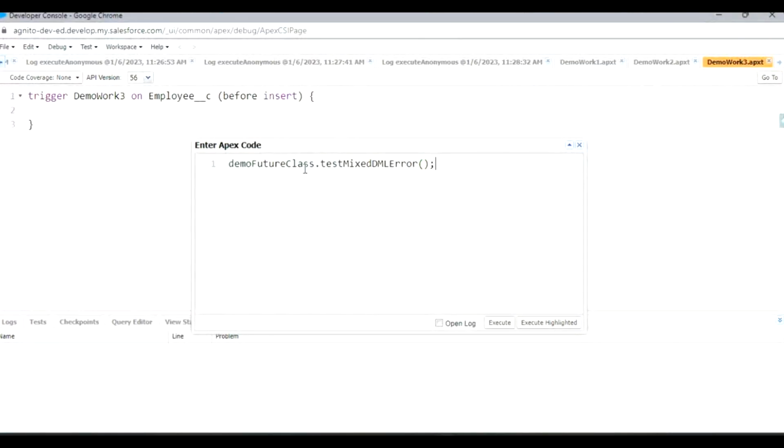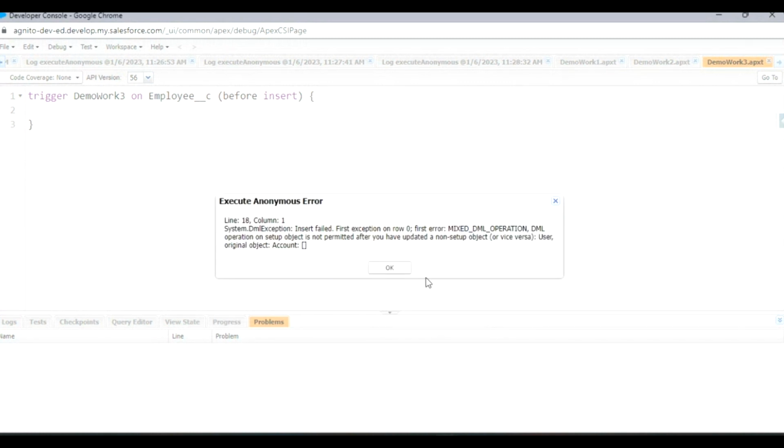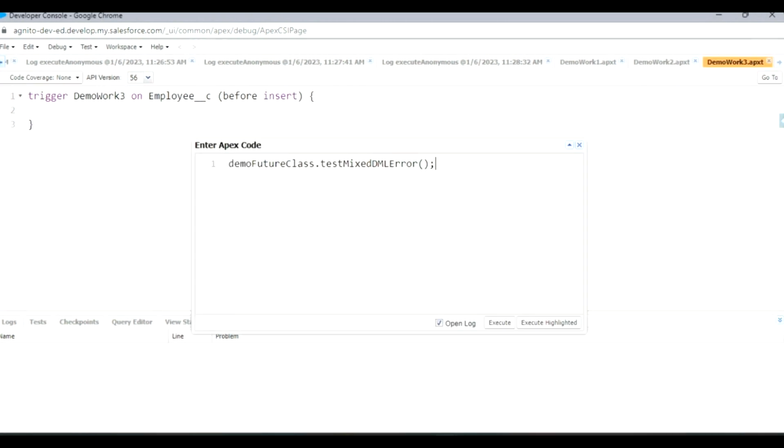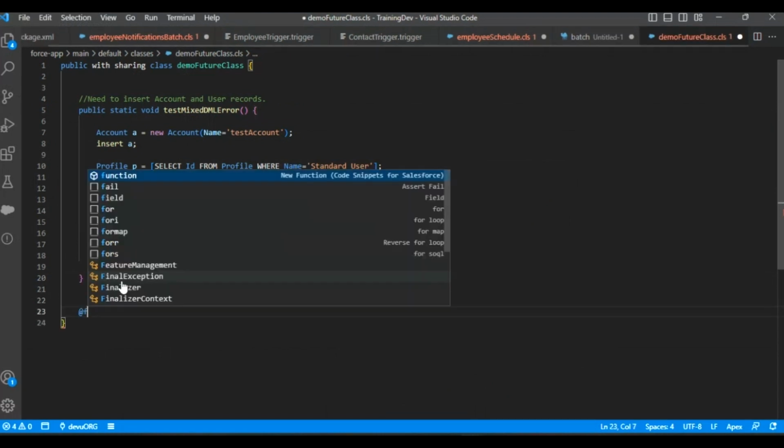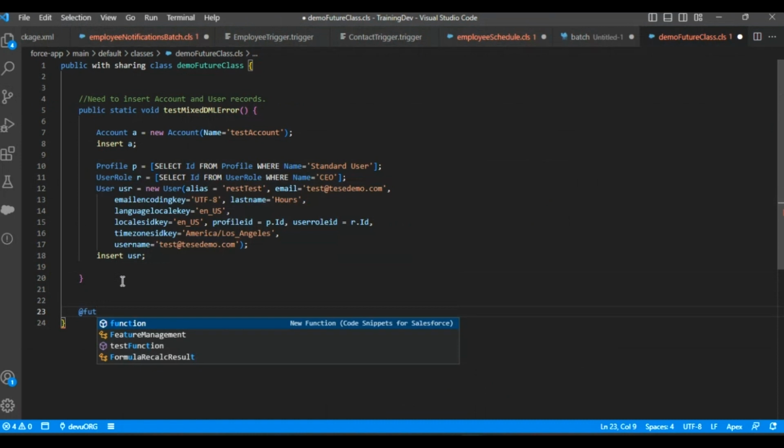if I execute this method, let's see what happens. So you'll get the exception called mixed DML operation exception. Why does it occur? If you try to do the setup object and non-setup object in the same transaction, you will get the exception. How to avoid this? By using the future annotation, right? So if you make the method a future annotation,